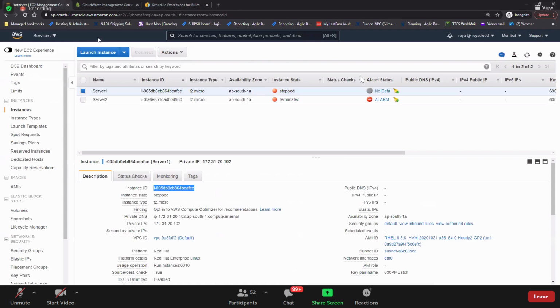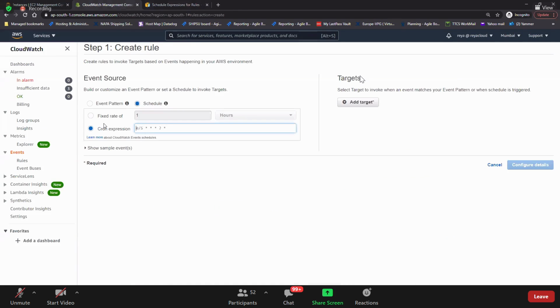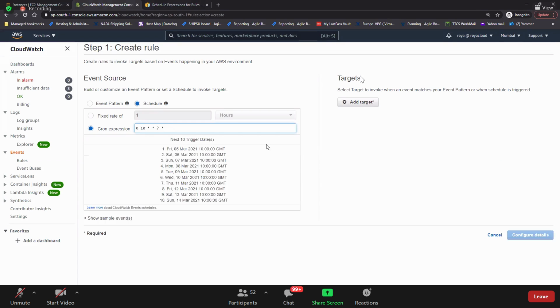So for example, let's take this, and I push this, and it will not accept star space. I'll remove the spaces. If you remove the spaces, it gives the triggers for the next 10 days. So next, tomorrow, exactly. If you don't want that option, put a question mark. So exactly at 10 a.m., this will trigger. Boom. Okay, exactly 10 o'clock trigger.